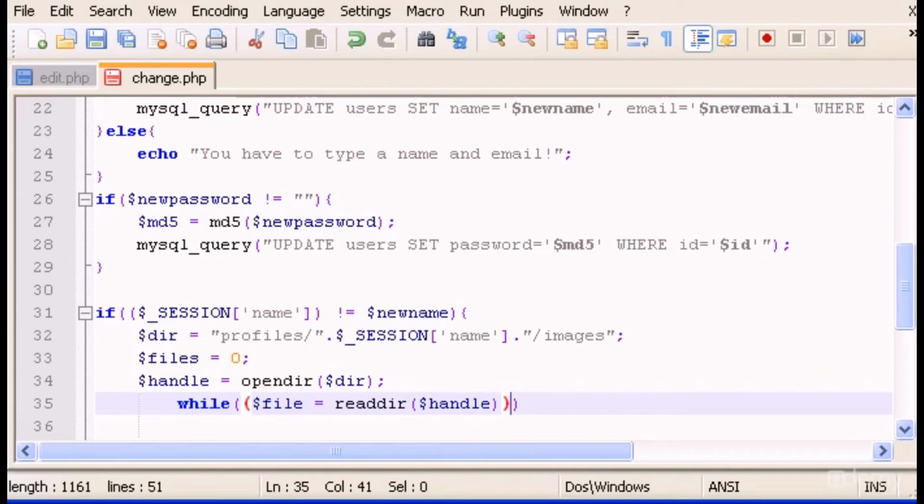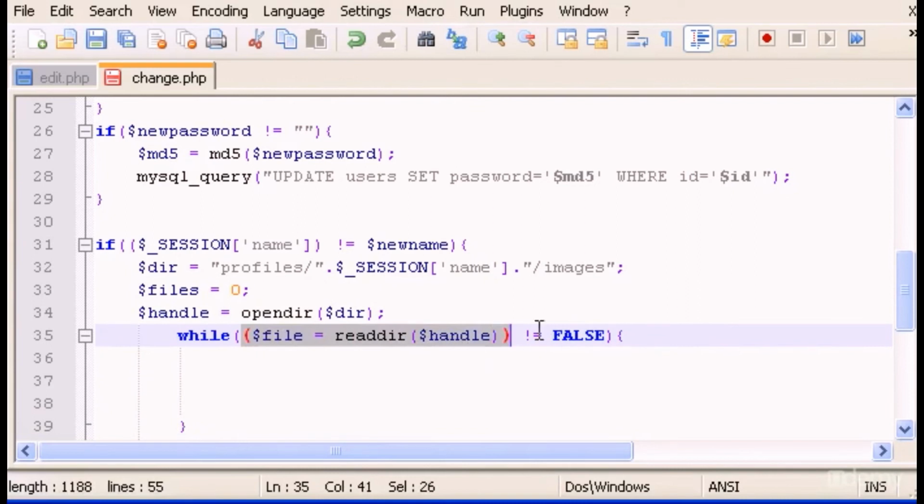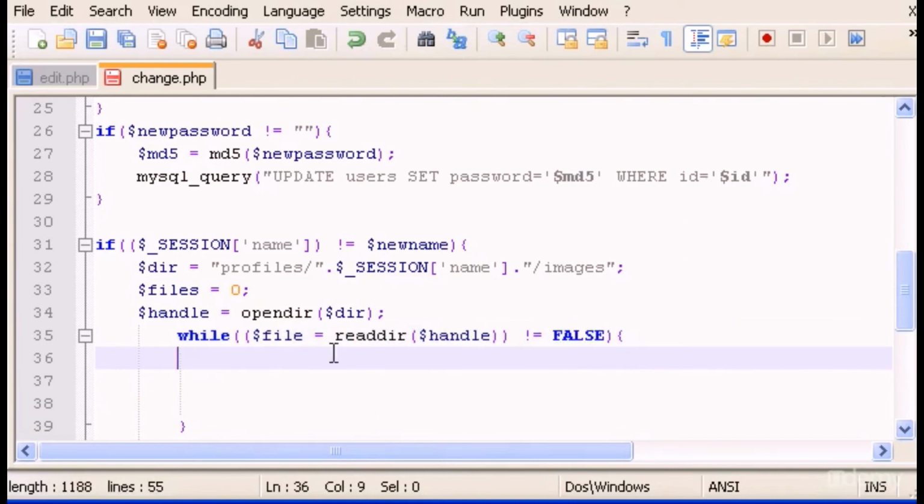And now we type is not equal to false, or we can type equal true, but I prefer not equal to false. Okay, and in here curly brackets. So while file is not equal to false, which means the directory exists,